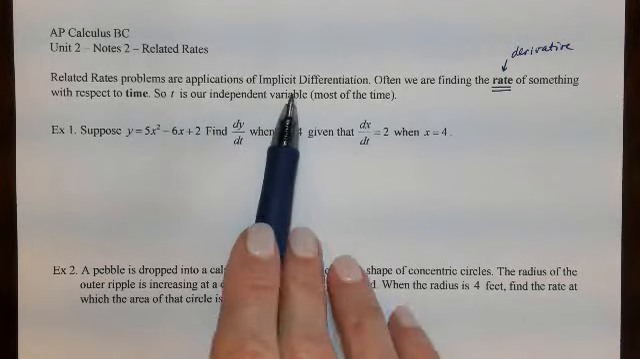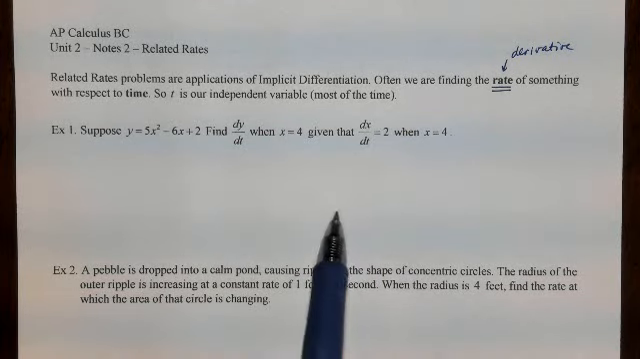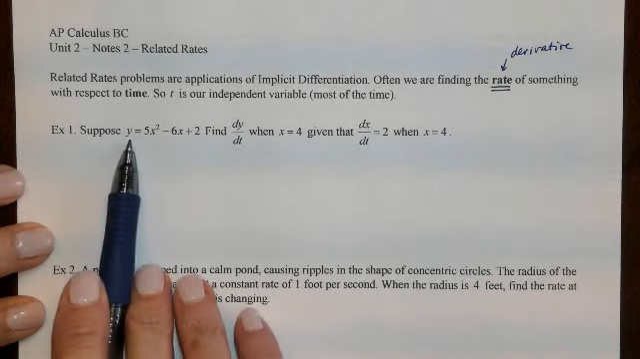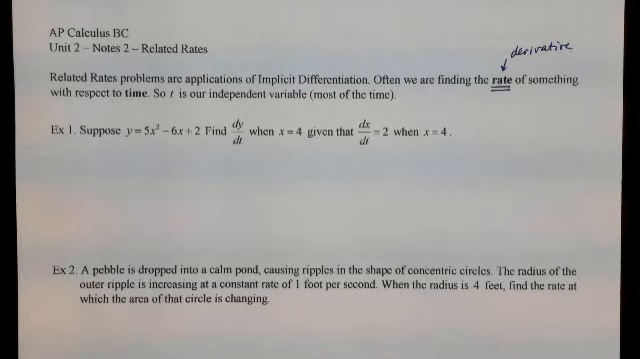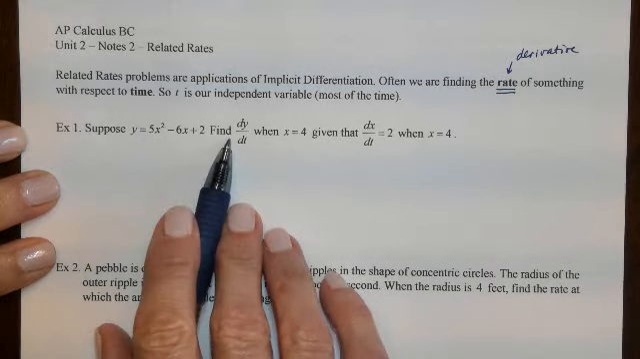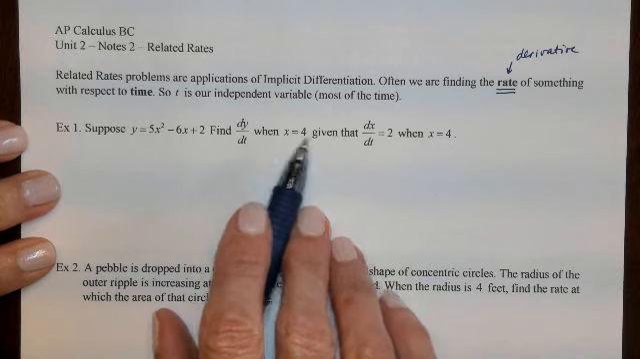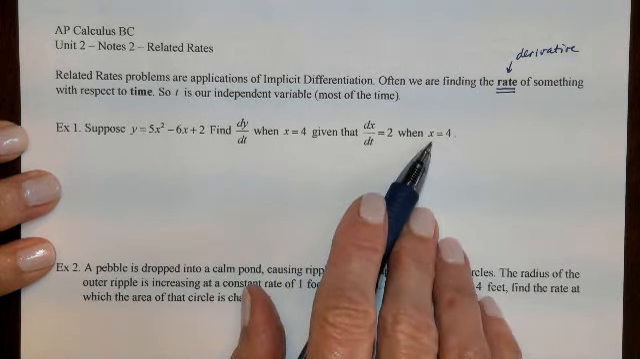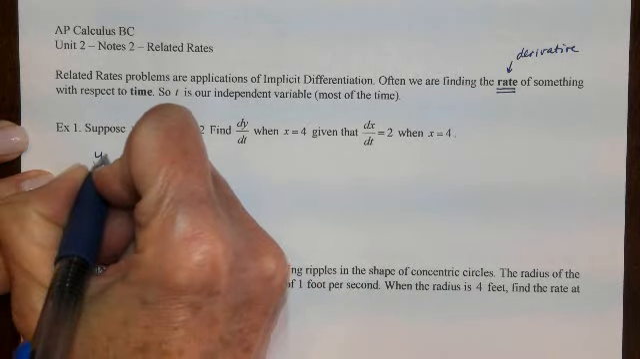So again, we're using implicit differentiation on an application problem, a word problem, okay? Well, this first one is not so much a word problem. It's just, here is an equation, and we're supposed to find dy/dt when x is 4, given that dx/dt is 2 when x is 4. Okay, so I'm going to take my equation,